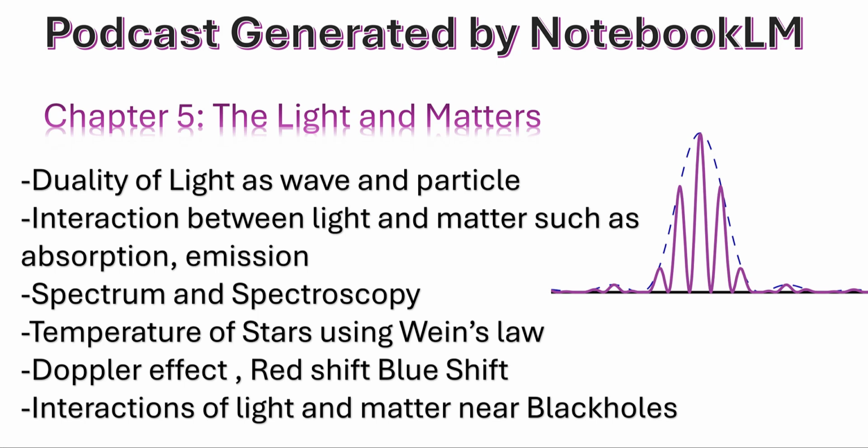Gravitational lensing. Sounds like something straight out of science fiction. How does that work? Well, imagine this. There's a massive object, like a cluster of galaxies, sitting between us and a distant light source, like a quasar. The gravity of that galaxy cluster warps the fabric of space-time around it, and this warping bends the path of light coming from the quasar. So it's like looking through a warped piece of glass. The light gets distorted, bent, as it passes through that gravitational field.